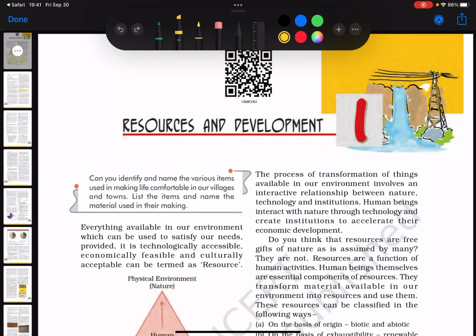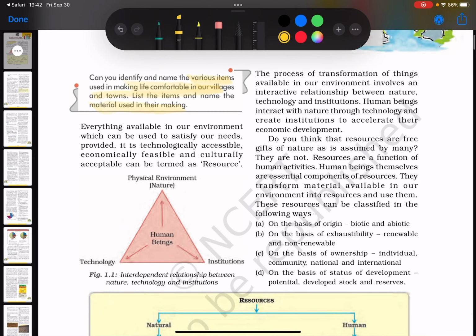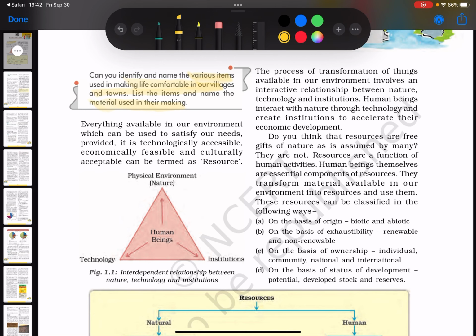Okay, so let us look at resources and development. Can you identify and name the various items that are used in making life comfortable in our villages and towns? List the items and name the material that is used in their making. I'm pretty sure, friends, you can identify a lot of the items that we use that make our life much